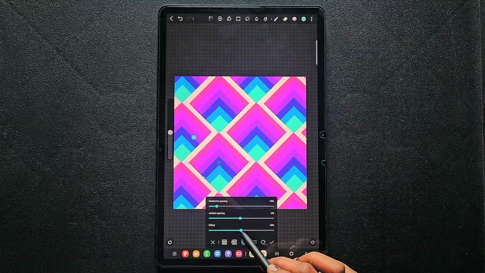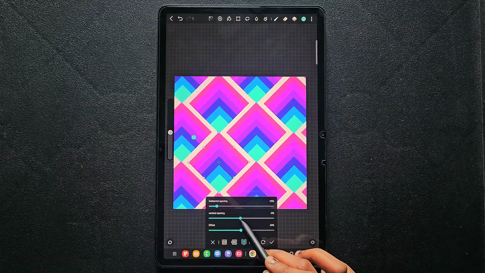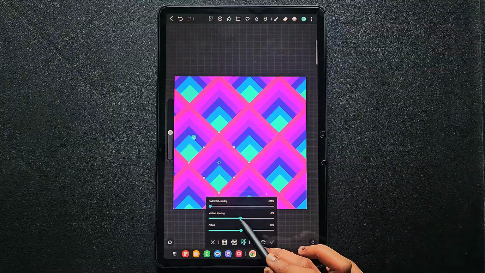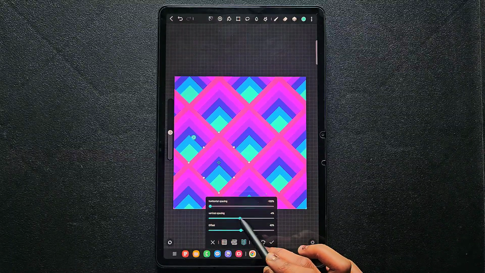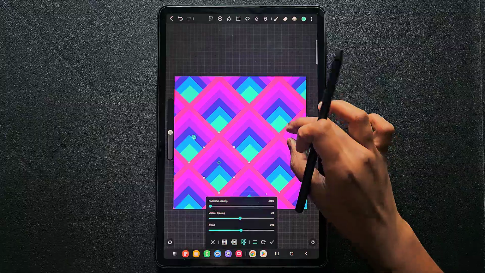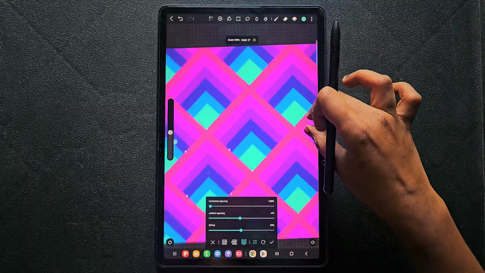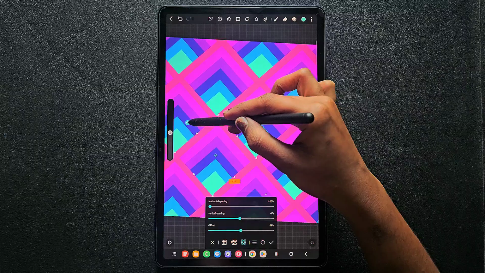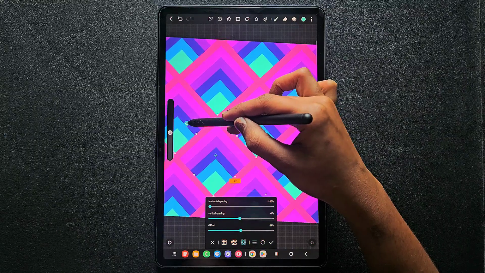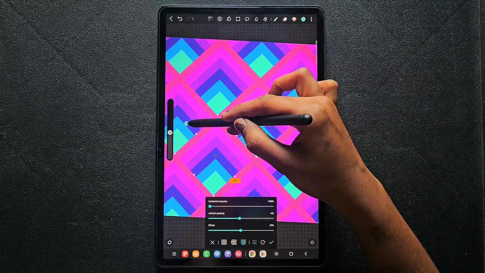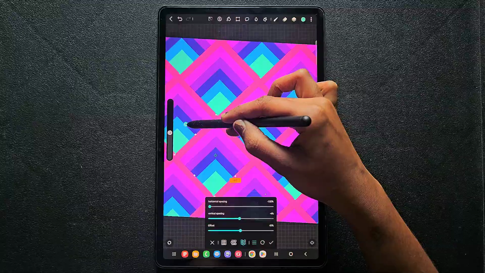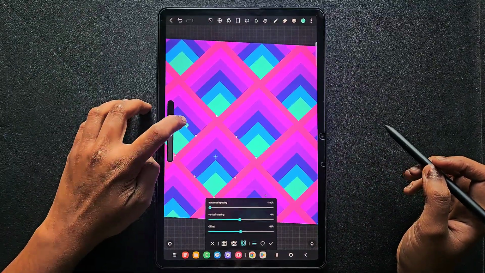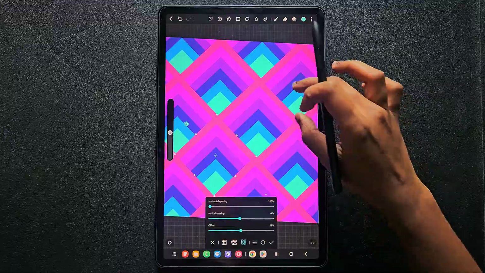Now I'm adjusting the space between each also, and if you have any gap, you can see there is a gap in this aqua blue color, so I'm going to make it perfect by rotating a little bit and adjusting the anchor points of that tile slightly. Okay, now it looks perfect. Here you can see,